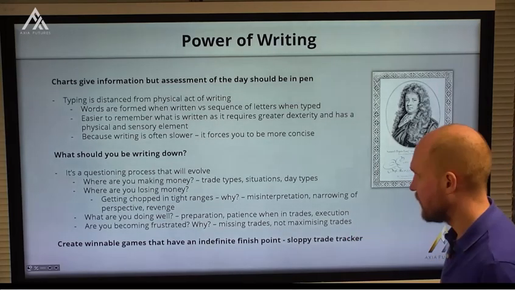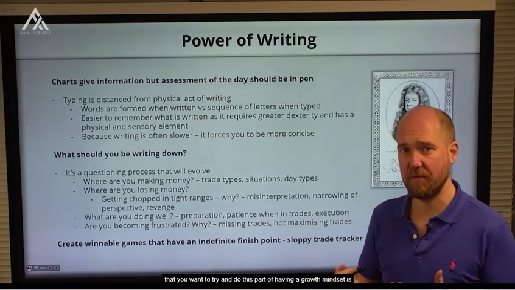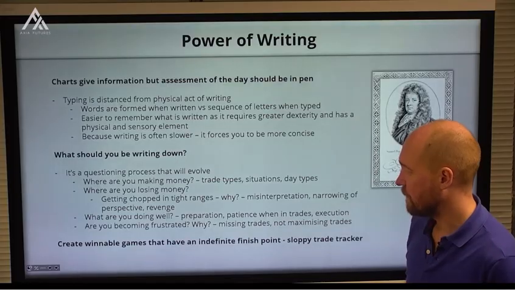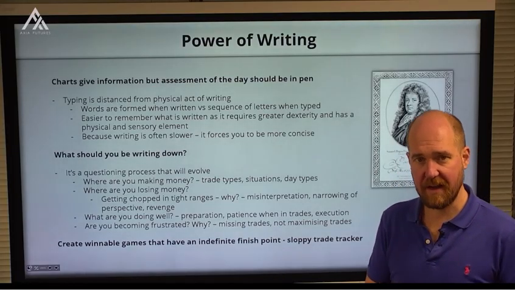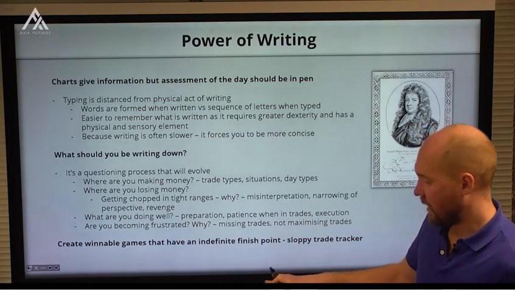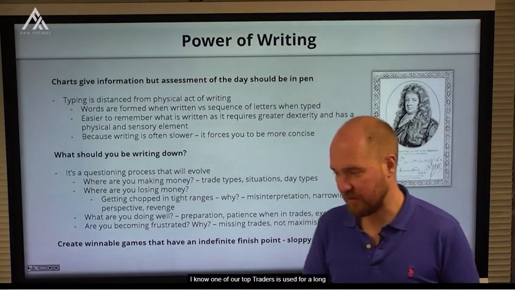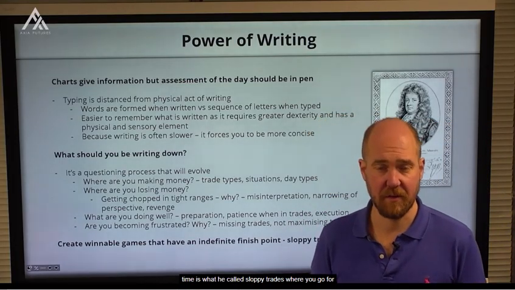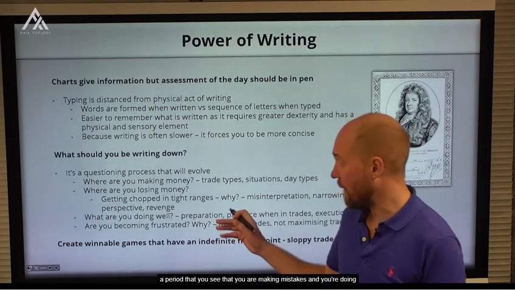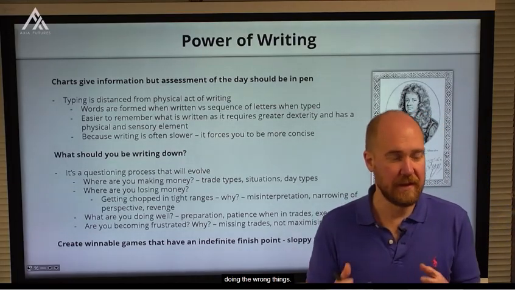The other thing that you want to try and do, this is part of having a growth mindset, is create winnable games. Write these things down. One of the games that I know one of our top traders has used for a long time is what he calls sloppy trades. When you go through a period that you see that you are making mistakes and you're doing the wrong things,